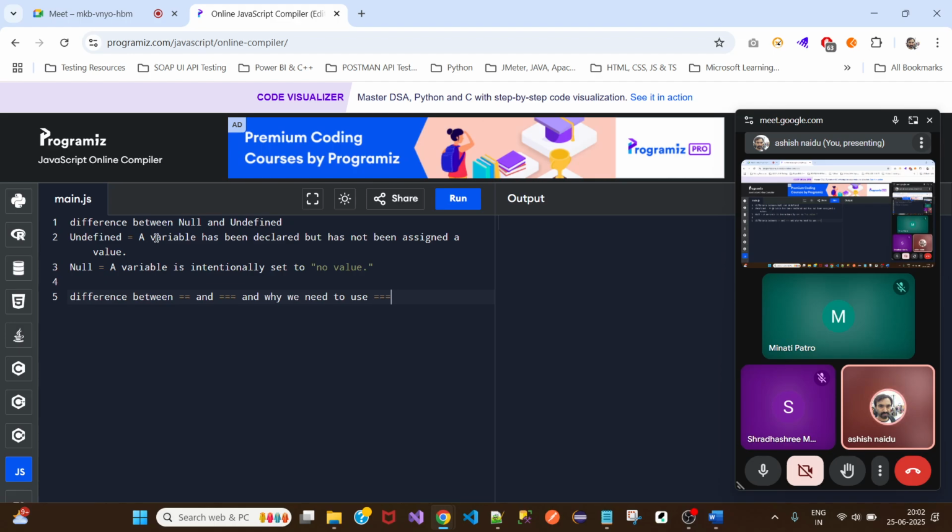So I just wanted to discuss the difference between null and undefined. Undefined is a variable where a value has not been assigned, which is done automatically by JavaScript itself. Null is a variable intentionally set to no value. So undefined is declared but has not been assigned a value, whereas null is intentionally